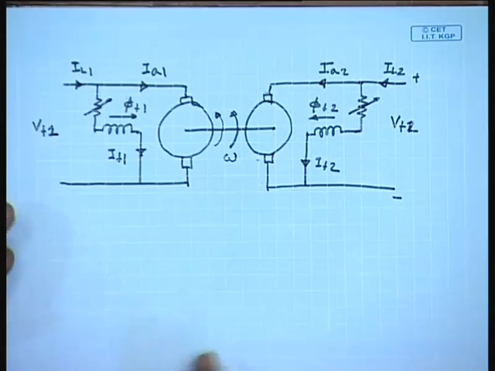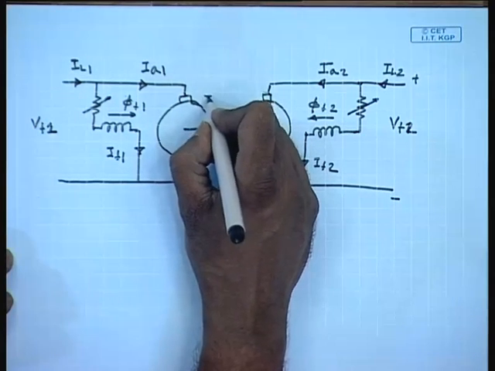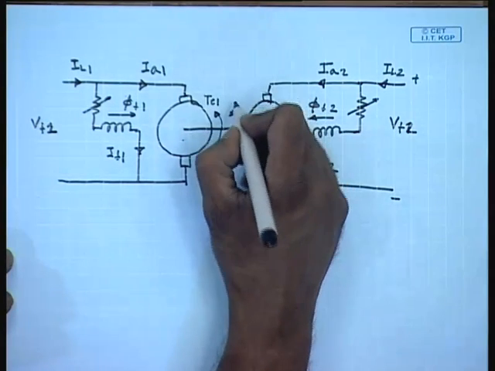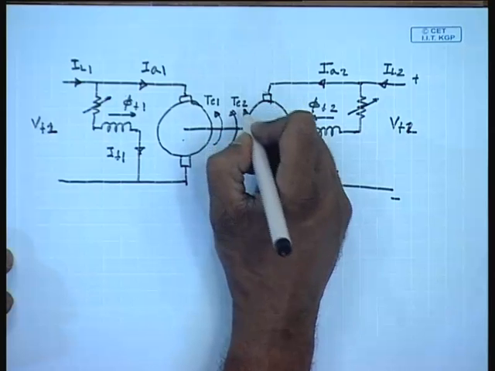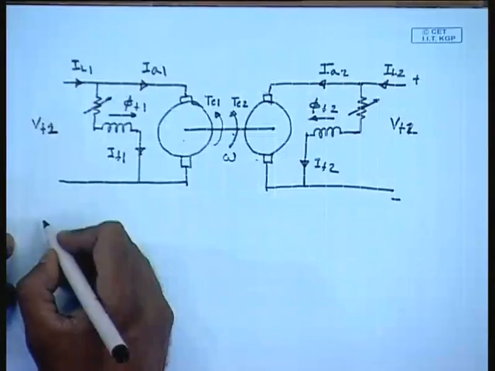Let the whole set be rotating at a speed of omega, and let us say this is the generated torque Te1 of this machine and this is the generated torque Te2 of this machine. Now, how do we determine which machine will be the motor and which will be the generator? For that we need to find out the torque speed characteristics of the machine. Let us say for machine 1,